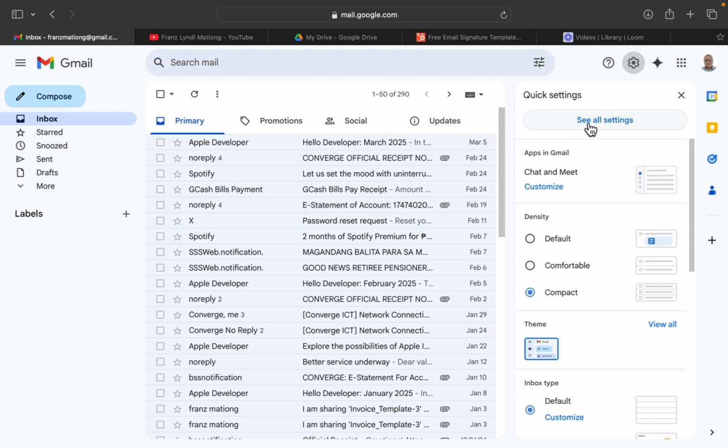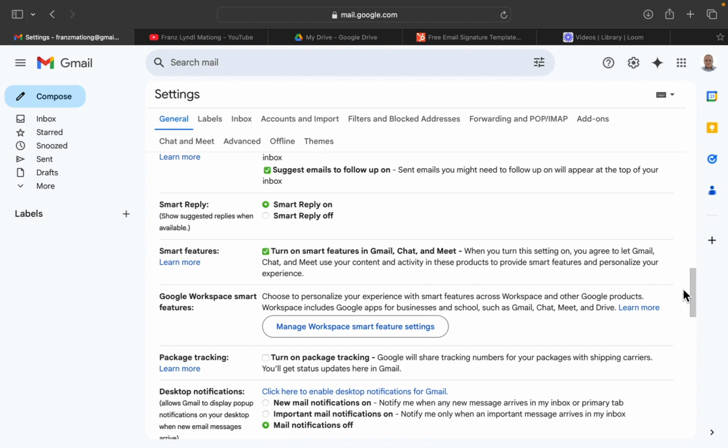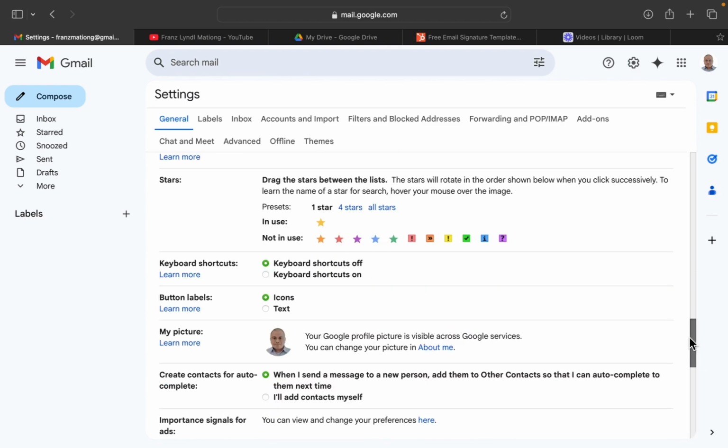We will go to settings and see all settings, and go to the stars, which will enable us to use more options to communicate the labels of an email.